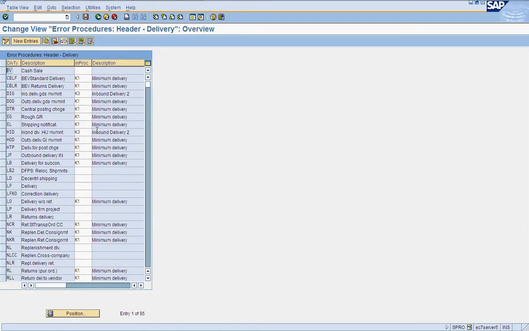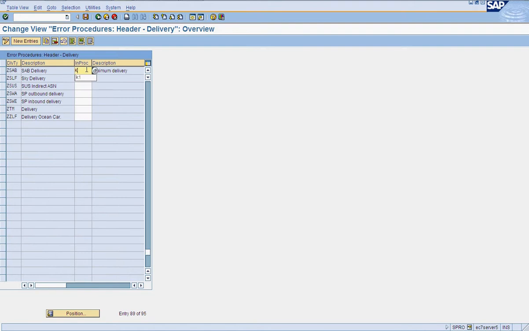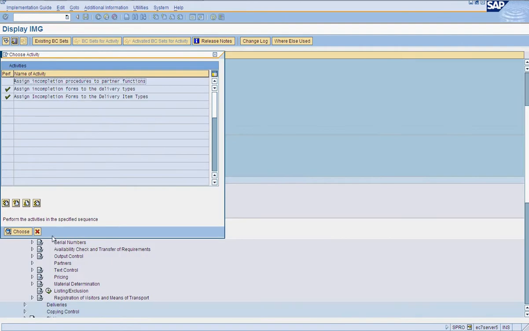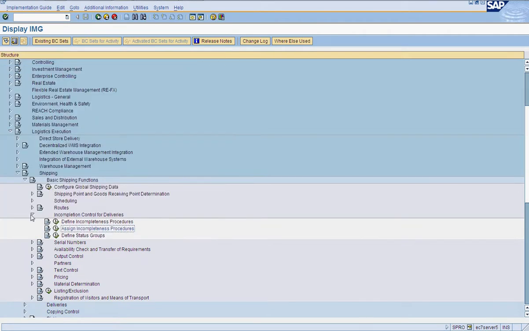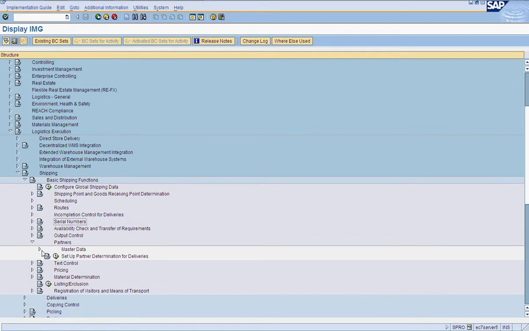Even for LF is blank, so we will be consistent with standard SAP. So I'll just remove incompletion procedure here. I will be assigning partners, but let's see what is the partner determination procedure assigned here.